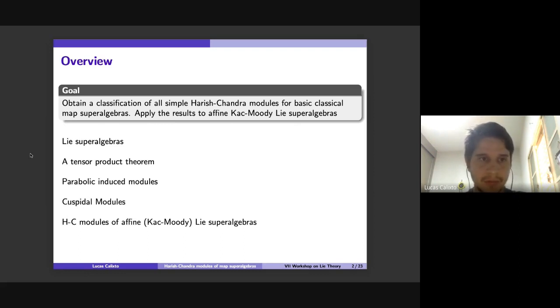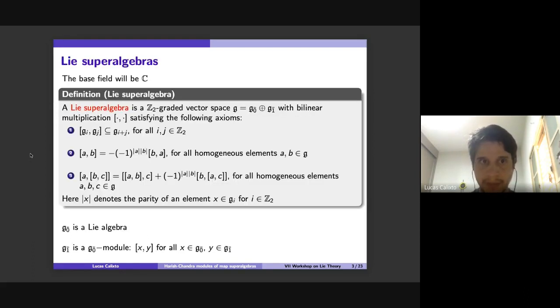I will start by recalling what a Lie superalgebra is, for those who are not familiar with the subject. Then I will talk about the tensor product theorem and introduce parabolic induced modules. This will be very important to the classification, and also the cuspidal modules. And finally, I'll talk about the classification of Harish-Chandra modules in the context of map superalgebras and some applications to affine Kac-Moody Lie superalgebras. Right? Okay, so